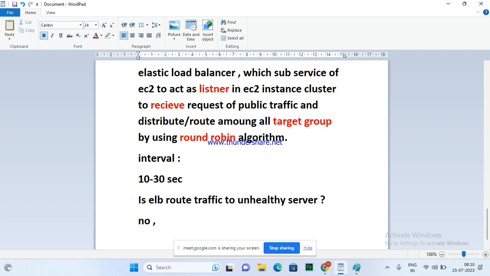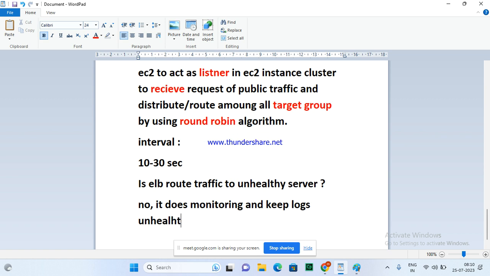No. It does monitoring and logs of unhealthy servers, to avoid what? Sending traffic to them.